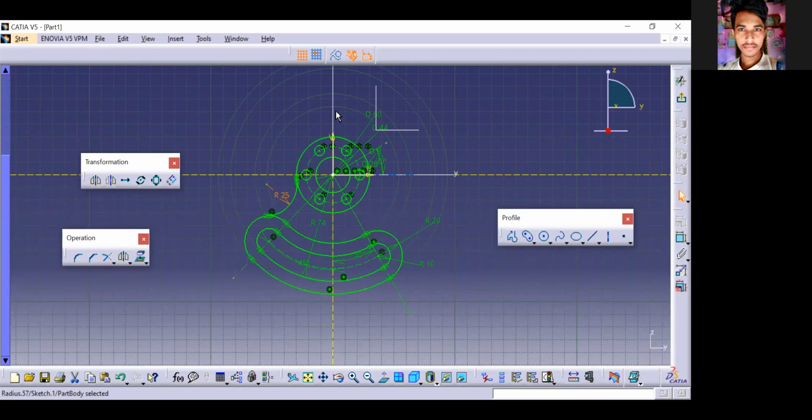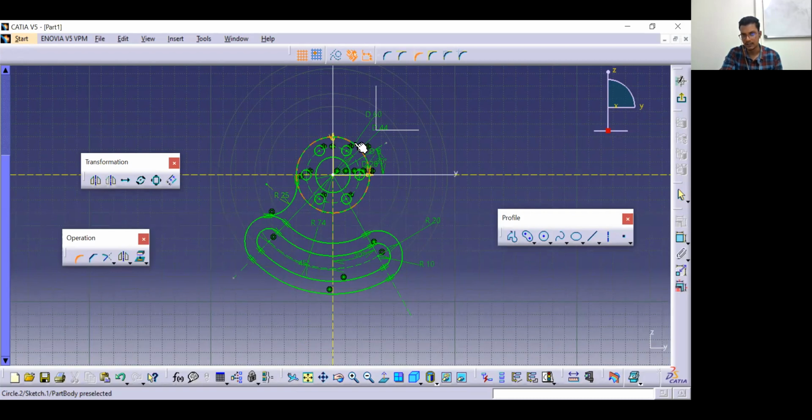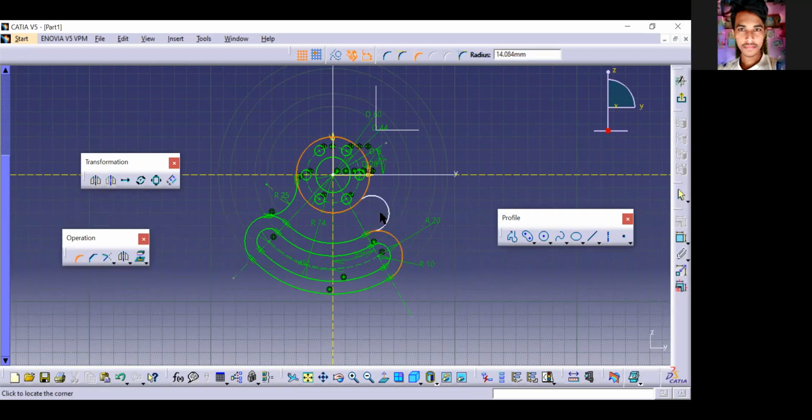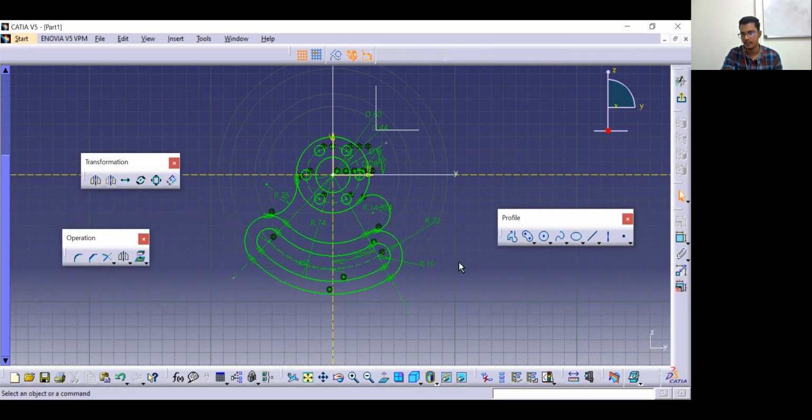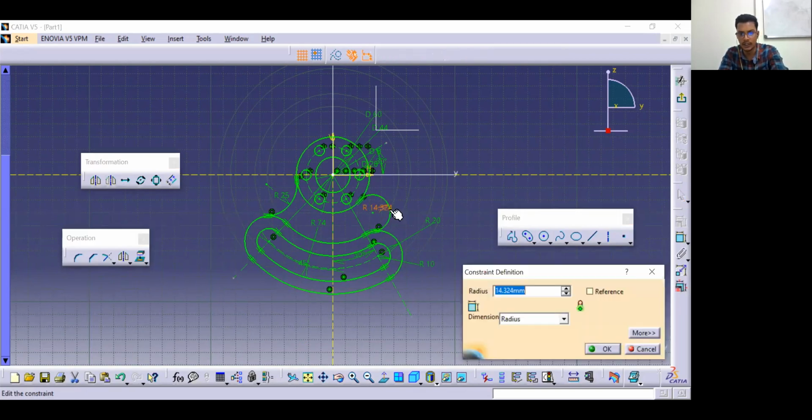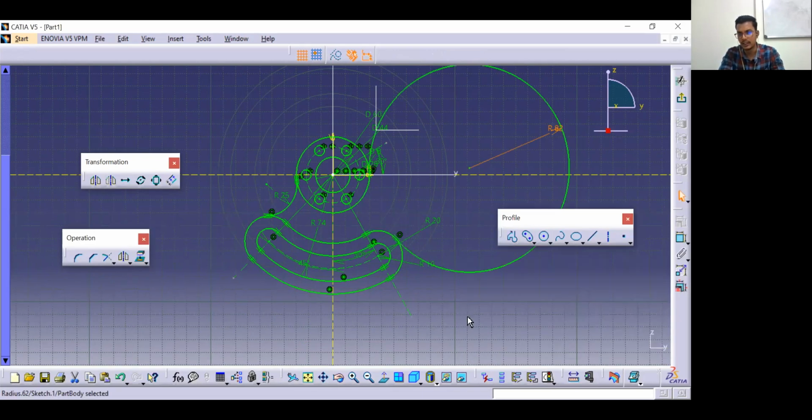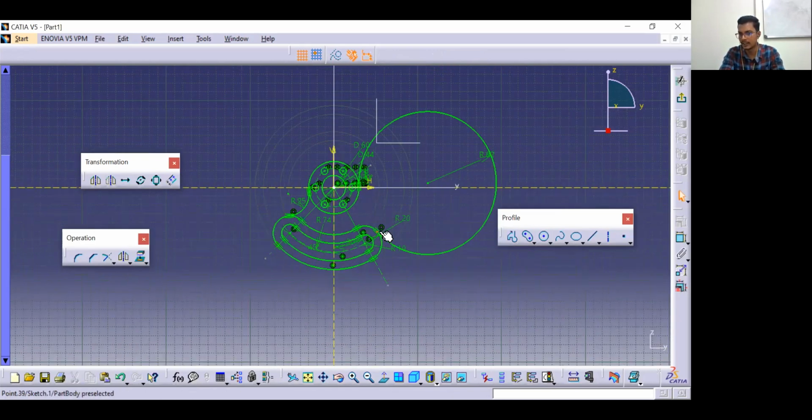Now I have to keep that arc here. Arc of radius 82. Now I can't just fillet this one here. See, I can't create a fillet here. It's quite hard. See, it will come like this just because it will become tangent. So which is quite hard. So how can I create that arc right there?